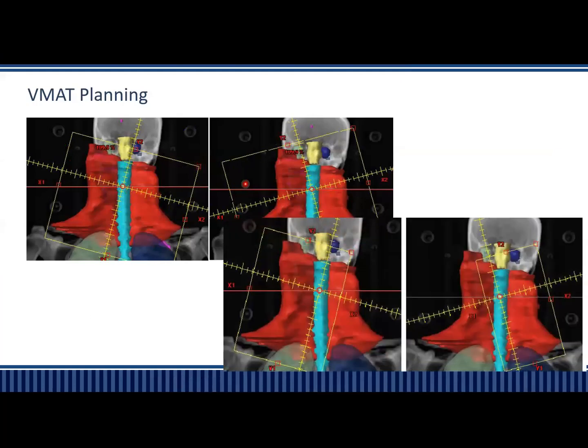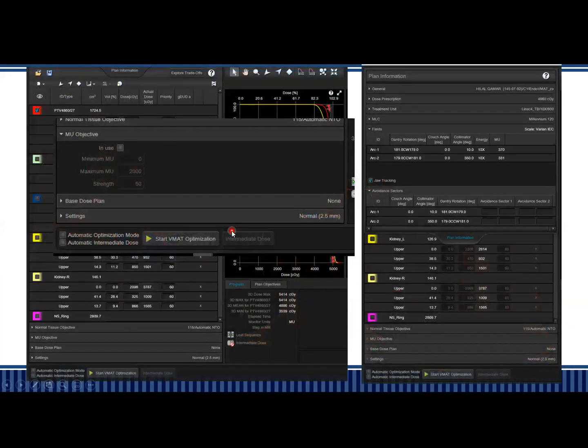If you don't have a jaw tracking option, then don't cover the whole volume with 1 arc or 1 field, and try to reduce the jaw. It will give a better answer if you don't have jaw tracking. But if you have jaw tracking, then it will be okay. So understand the environment of the PO. You have multiple options, and this,